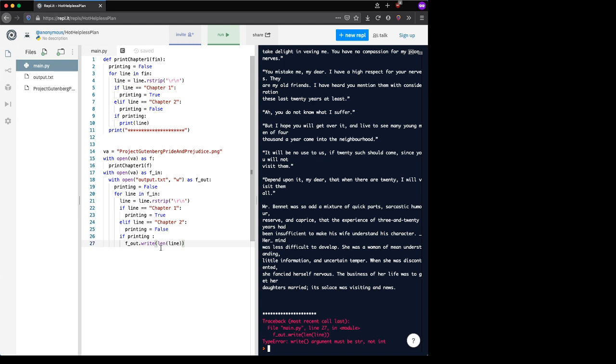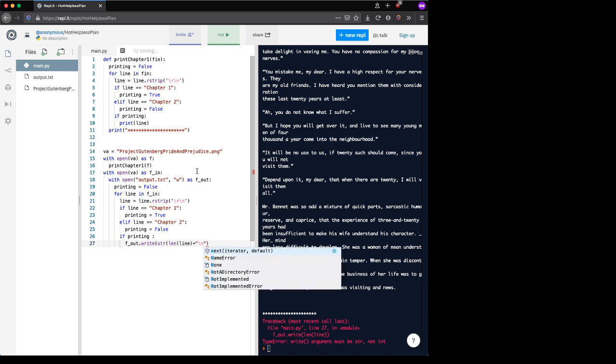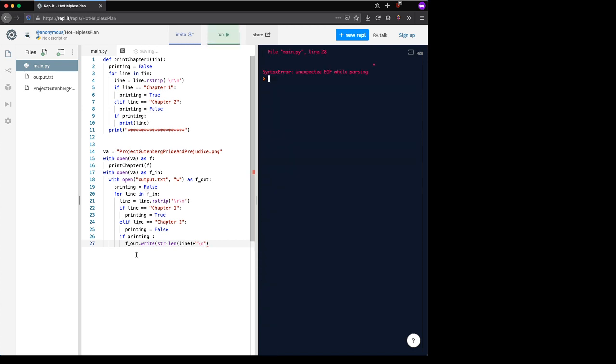The reason we get an error is that the write function requires a string, a str, as its argument. So if we wanted to write the length of each line, we cannot pass in len_line. That's an int, that's a number. We have to call that str function to make it into a string. And then because I want the results to be readable, I will add a new line. And now when I run the code, and I remember to have the right number of closed parentheses,